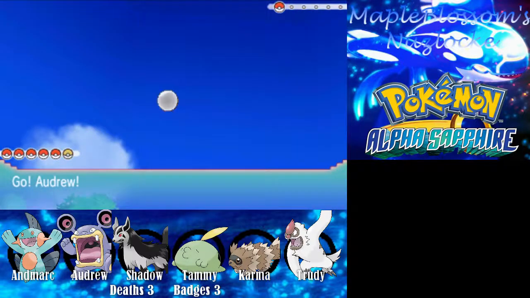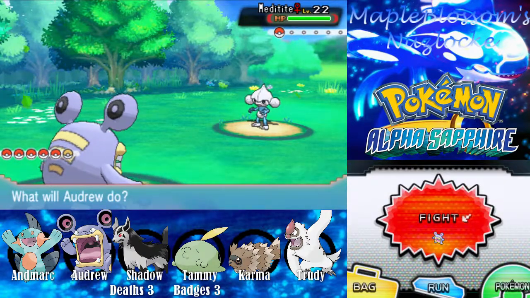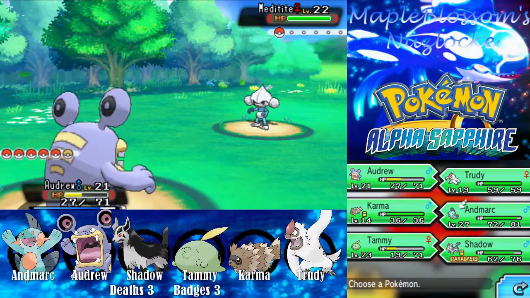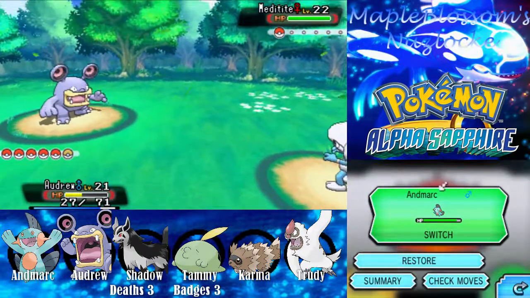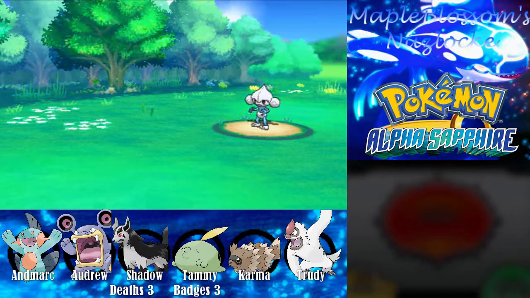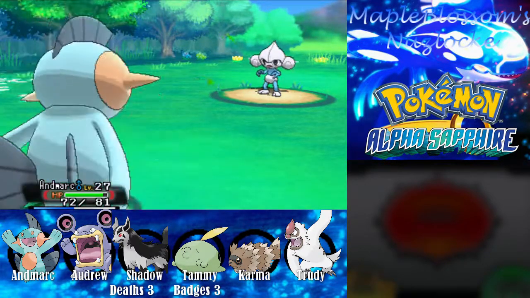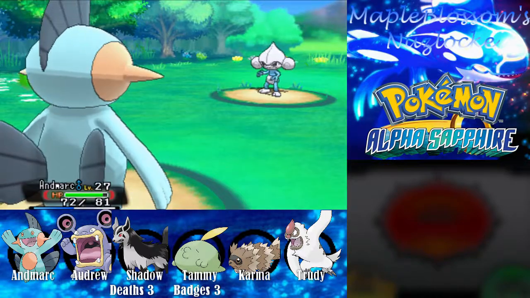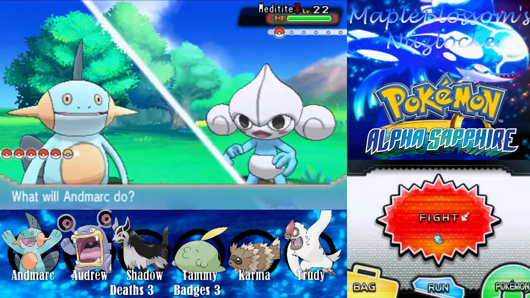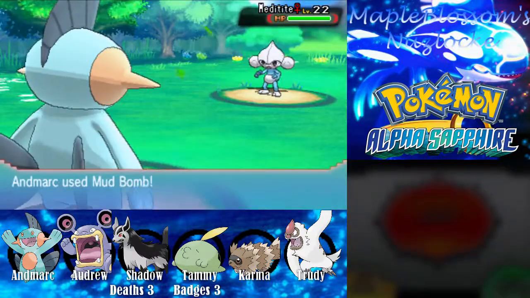Ooh, Meditite. Landmark will have to deal with it. It's the strongest Pokemon, and it will probably use a fighting type as it's going to attack Order. And the thing is that Shadow could do super effective damage to Meditite with its dark type, but